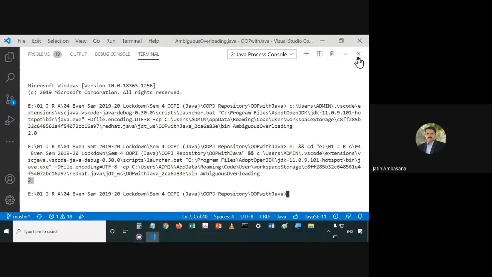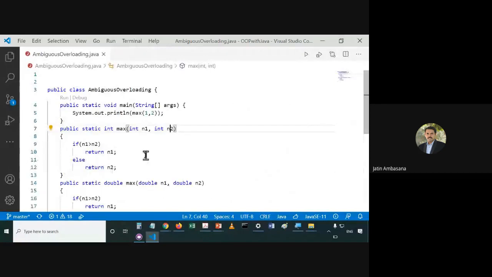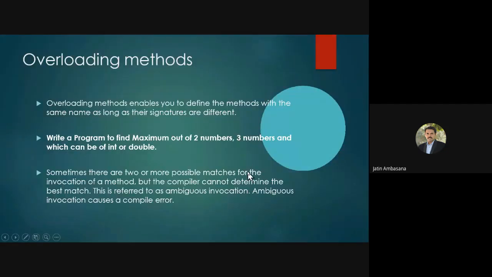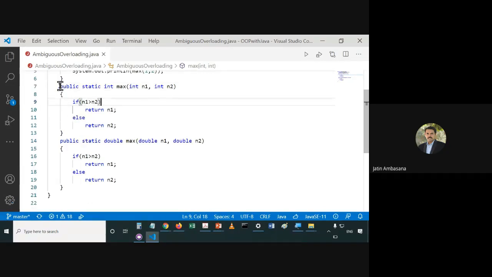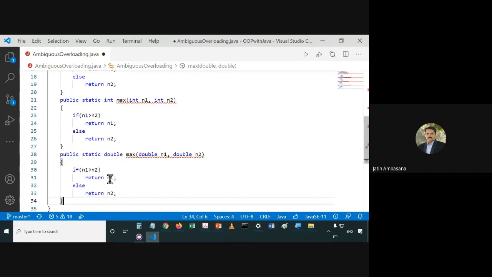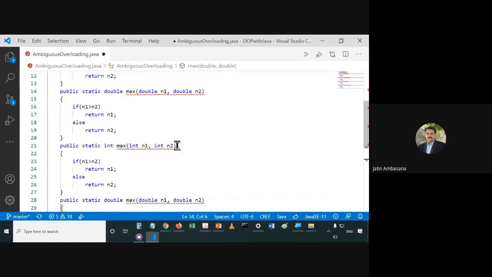Okay. So that is how we handle this method call max. We also have to make it for 3 numbers. So let it be as it is. Instead of reducing, we'll simply declare 2 more methods having 3 numbers, int and double.